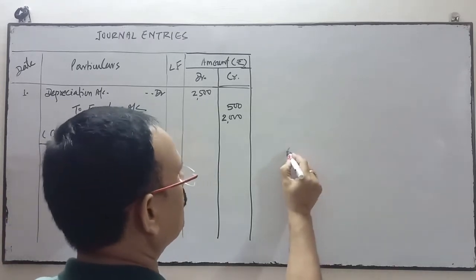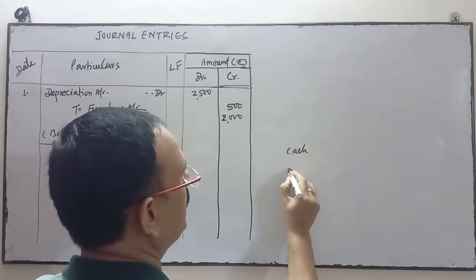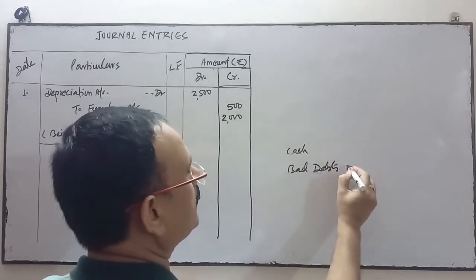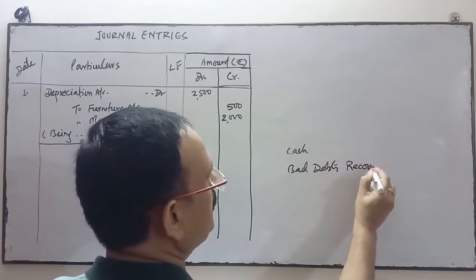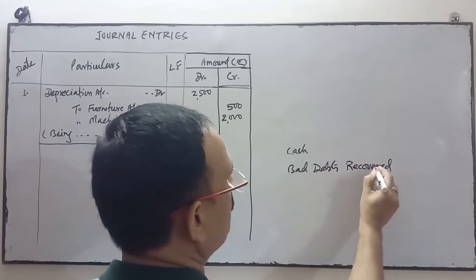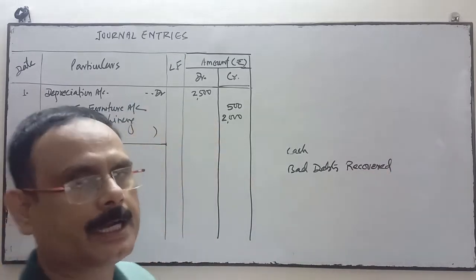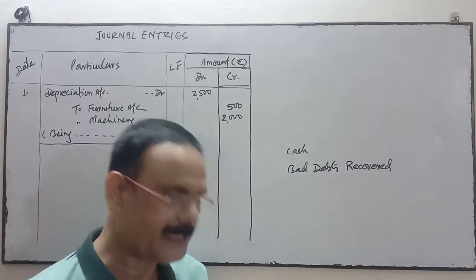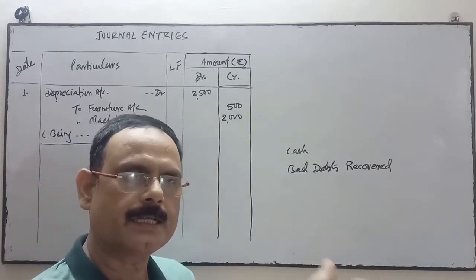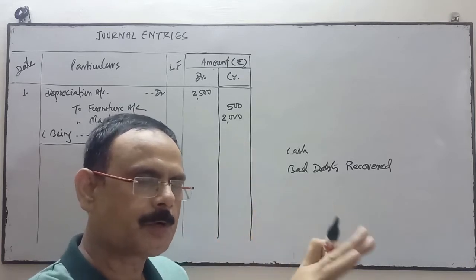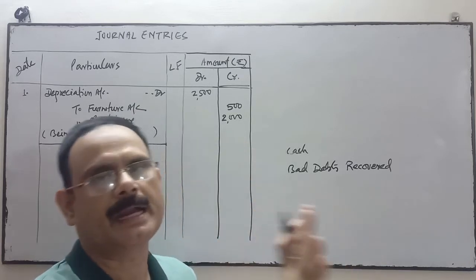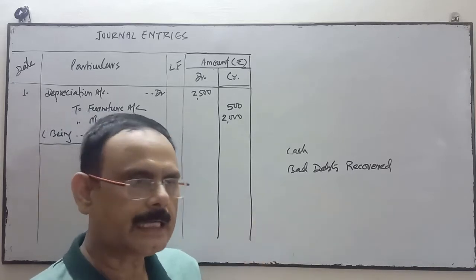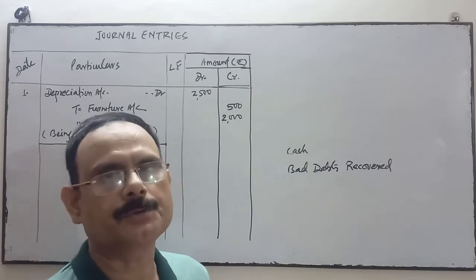When we receive that amount, the cash account will open, and when bad debts are recovered, we open the account bad debts recovered account. The name of the account is bad debts recovered account. Okay. So cash received for bad debts written off last year. Last year we considered that this amount would not be recovered and treated it as bad debts. It's a loss. But this year that amount has been recovered. The debtor has paid that amount to us.